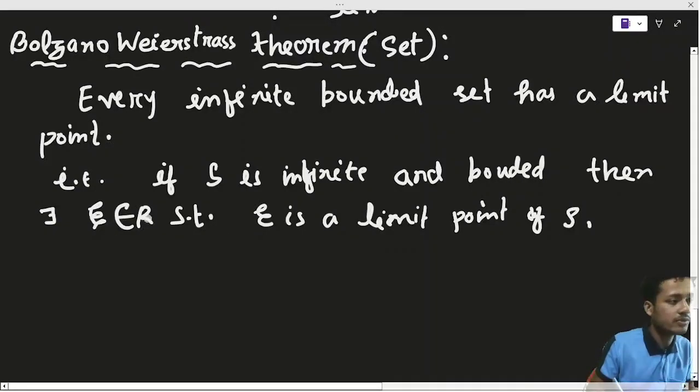So we will prove this. थ्योरम जो है ना वो यहाँ से शुरू होता है एवरी से और यहाँ पे खत्म होता है. तो इसका प्रूफ